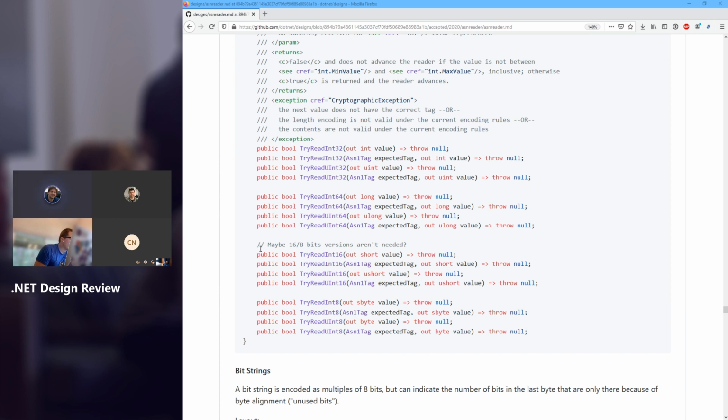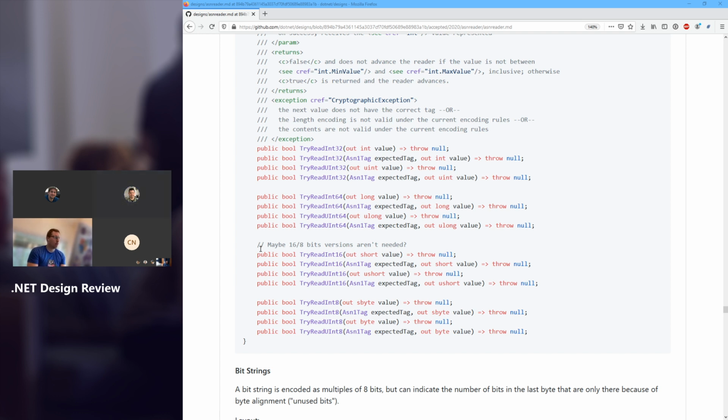So the only benefit of the 16 and 8-bit versions is to eliminate the need to write an if value greater than 255 throw, or if you were outing it to a field. So they really are convenience. Because all of these, we could just have read integer. You get the big integer and you deal with that. In this particular case, I would say just out to a temp integer and then narrow and assign to the field yourself. Right. Because shorts and bytes as integers seem